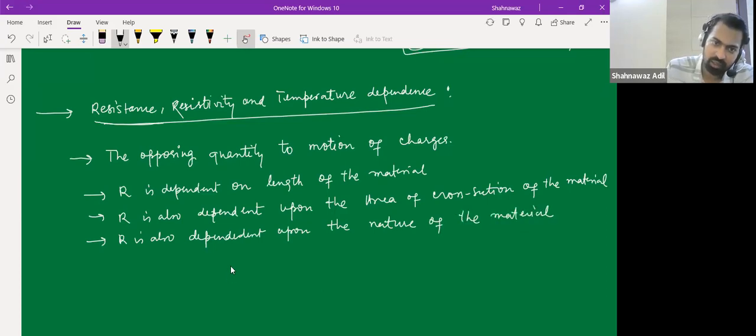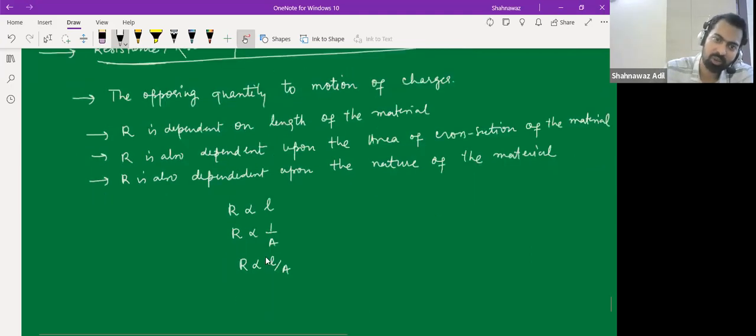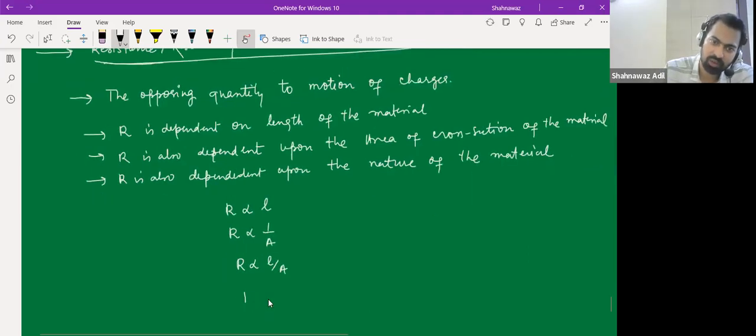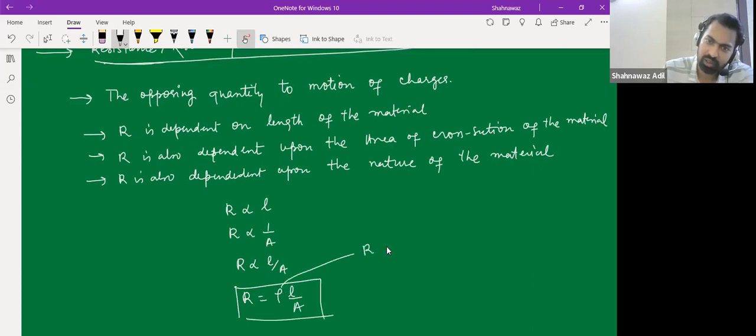So R is directly proportional to L. R is inversely proportional to A, right? So if we remove the proportionality, let's say this is L by A. So what if I remove this proportionality? We have a constant which is called the resistivity. This we have learned in chemistry. This is called the resistivity,